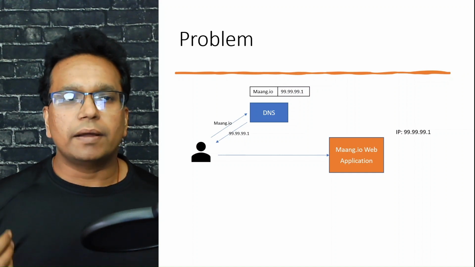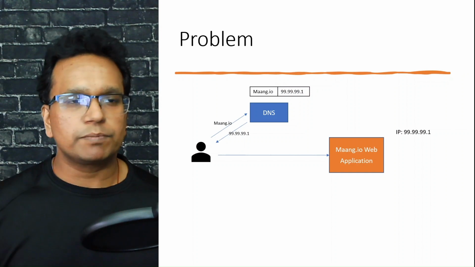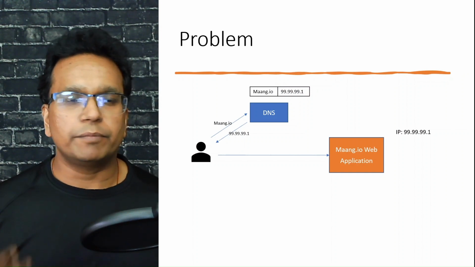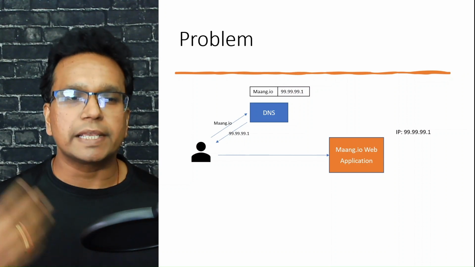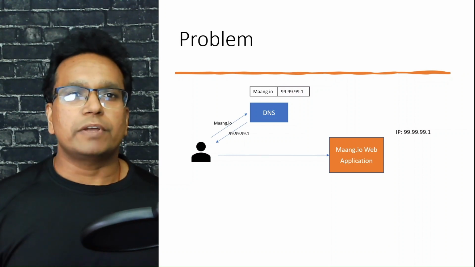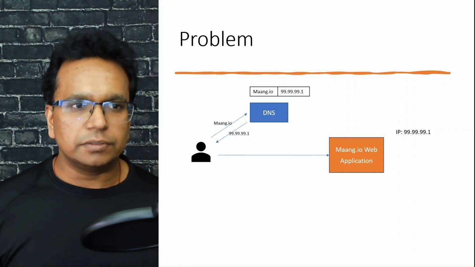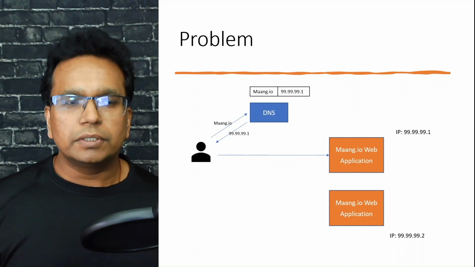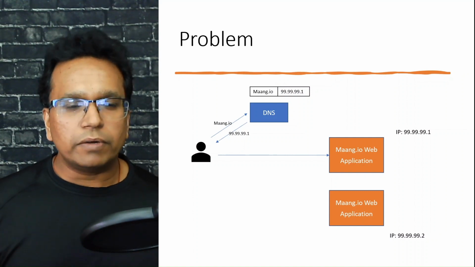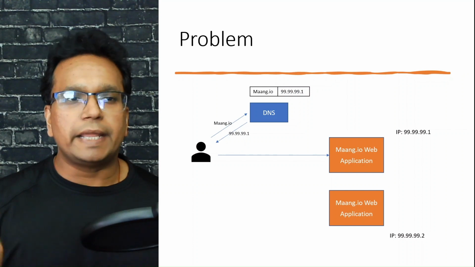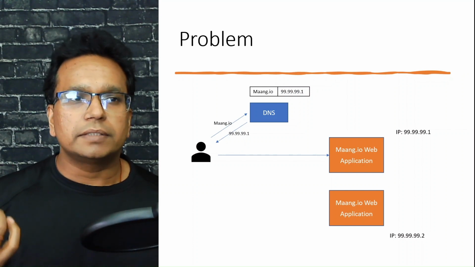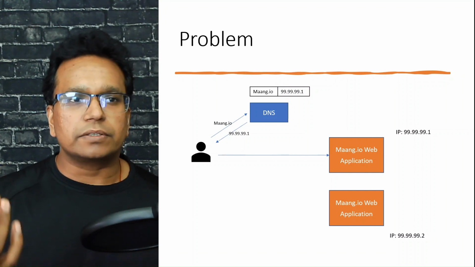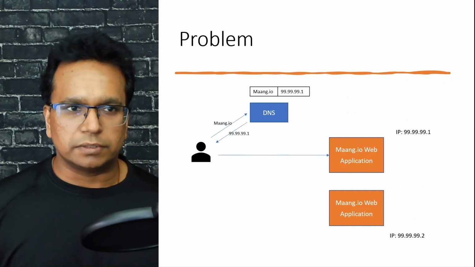Now suppose that my application got very popular and now hundreds of thousands of connections are coming. I am not able to serve those requests using a single instance of my application. So I went ahead and created a separate application instance and deployed it to a different IP address. But even if I have deployed my instance and I have an IP address, there is no way I can get the new requests routed to the new server.